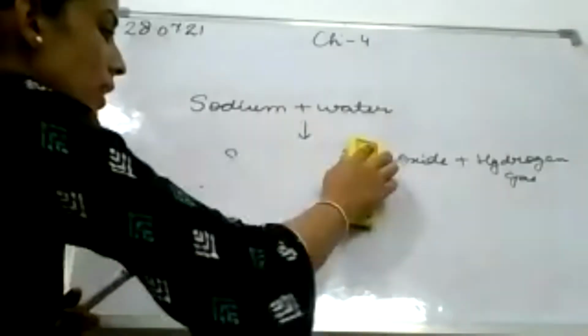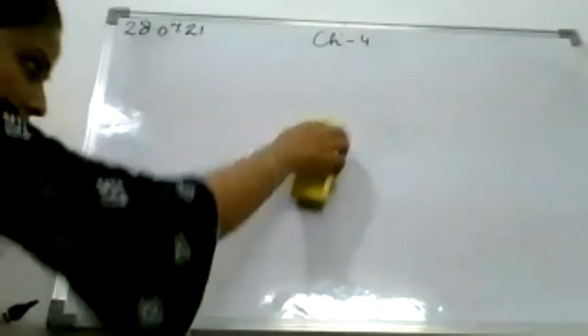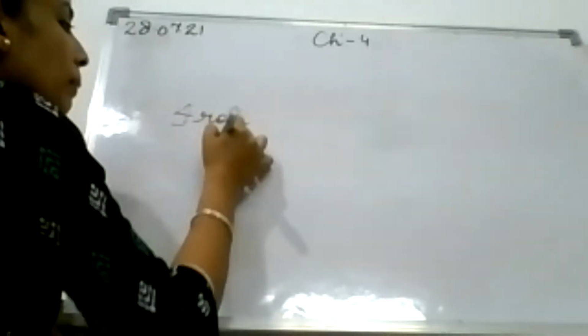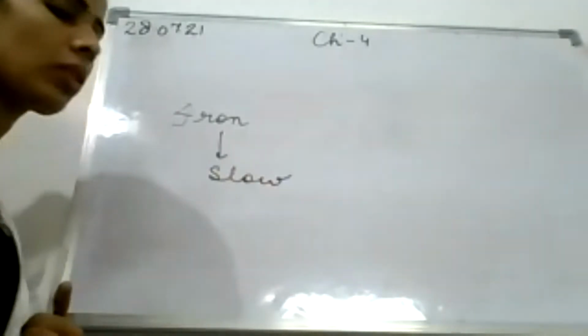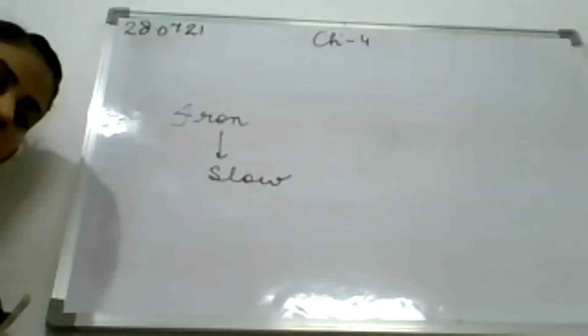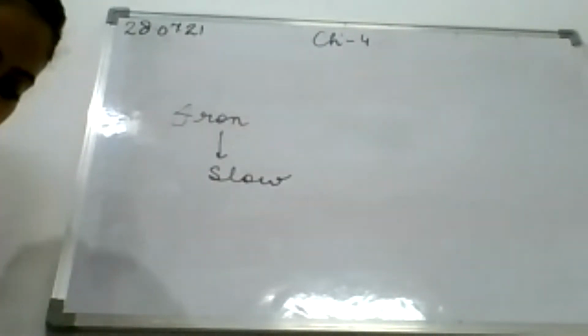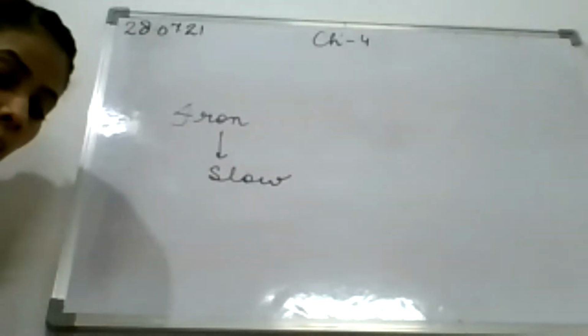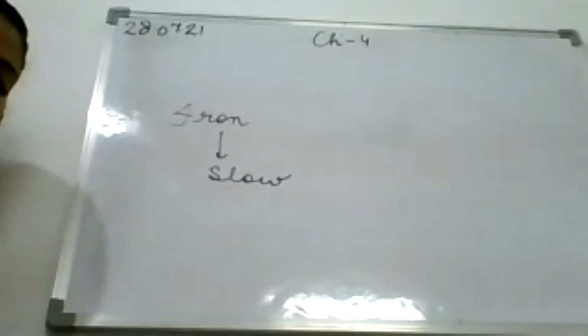But the other metals, iron is also a metal, but it does not react that fast, and no fire is produced. Clear? Iron reacts with moisture and oxygen, with water, but the process is very slow. Clear? But the reaction of sodium becomes very fast. Clear? And it is given on page number 49 that you observe that sodium reacts vigorously with water. Some other metals do not do so. For example, iron reacts with water slowly.